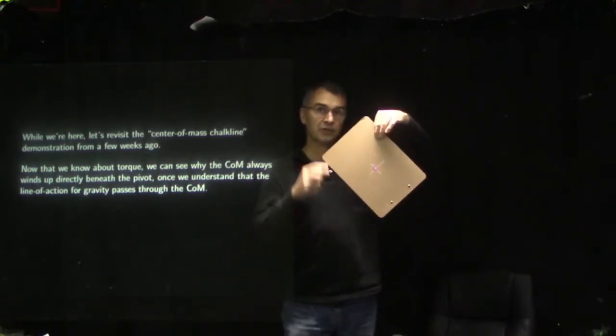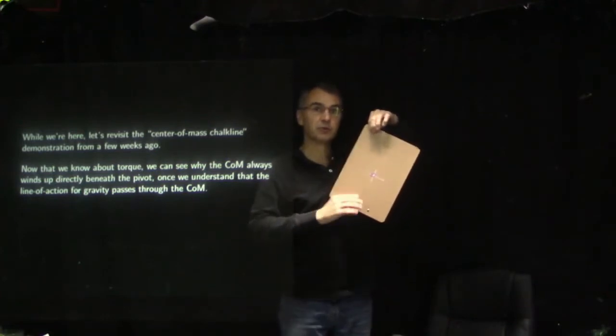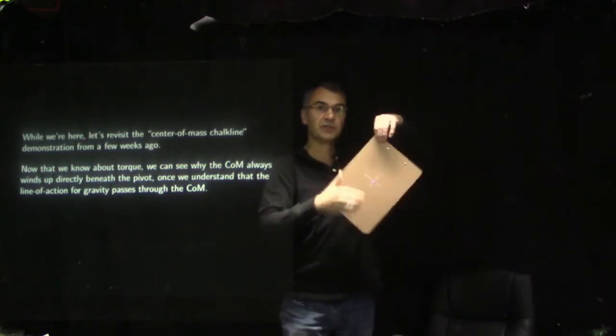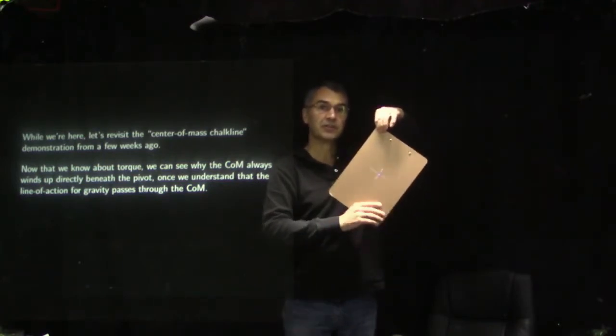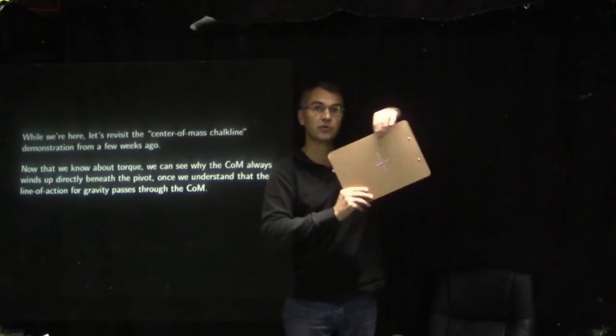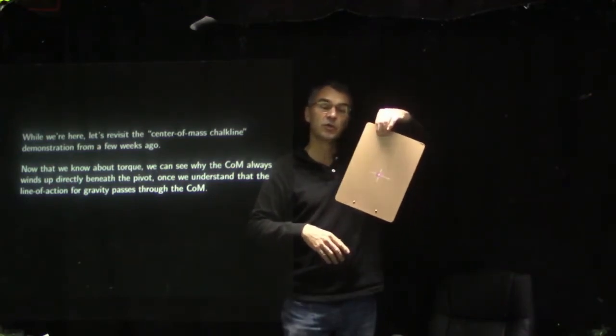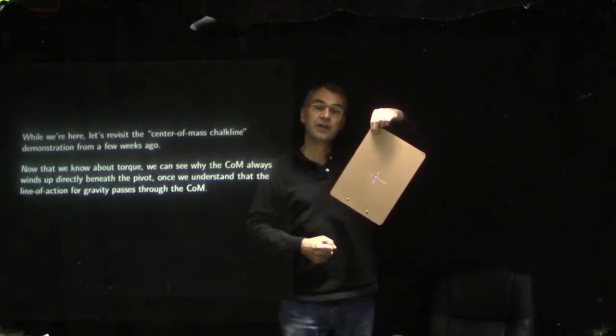So it seems as if no matter where I decide to grab this clipboard, the center of mass appears directly below the pivot point, as long as I pinch gently with my fingers so that the clipboard is able to rotate to orient itself so that the center of mass goes directly below. So now that we know about torque, now we know that the line of action of gravity